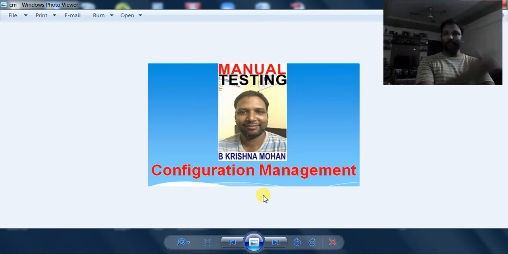How will the versioning be done? How will you get the change? How are the changes accepted? All of those things come under configuration management. In some companies, they take configuration management in two steps.